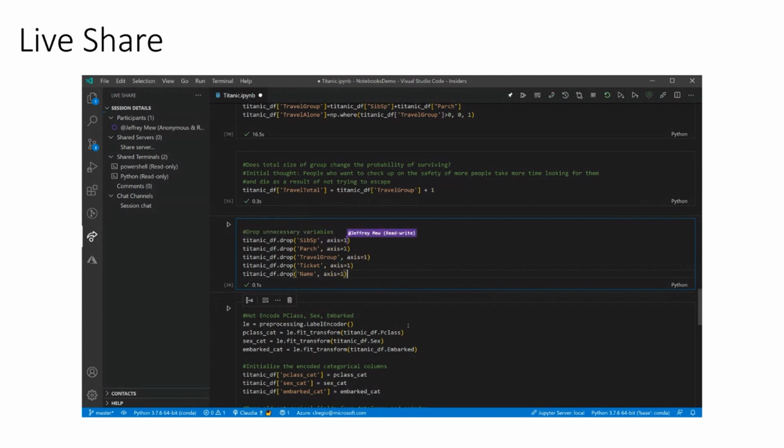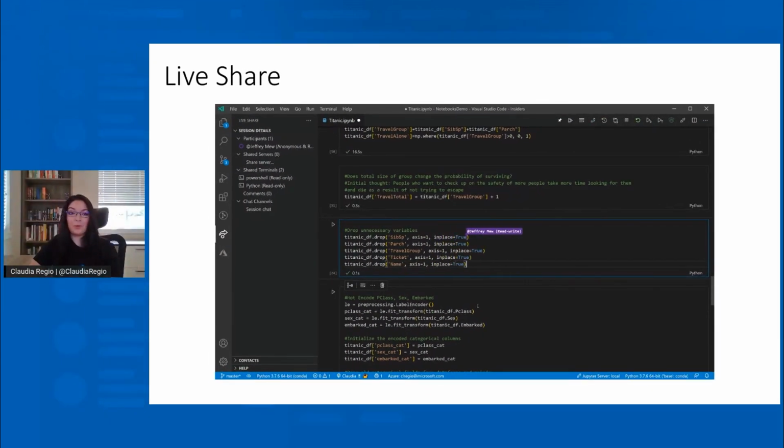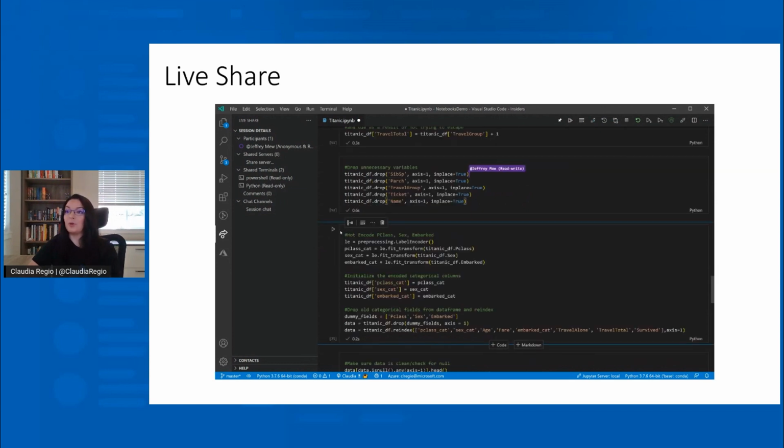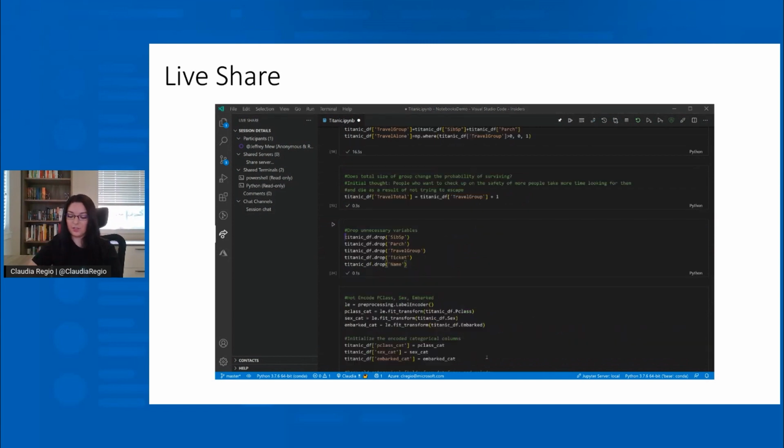So obviously, there's a lot more to come with Live Share, but right now we were way too excited to leave out that it was currently functioning and had some functionality here. So go ahead and try it. This is available today. It launched yesterday in the VS Code Insiders.